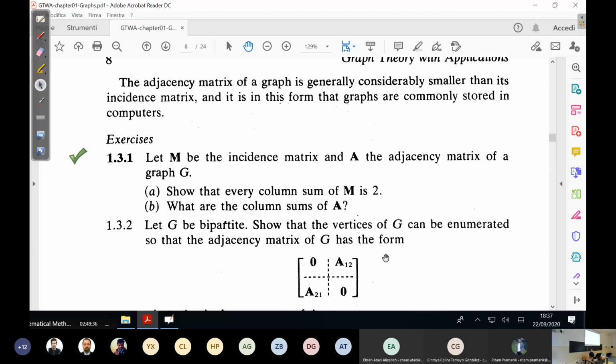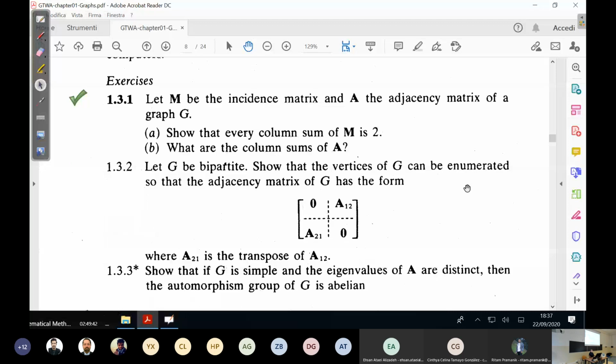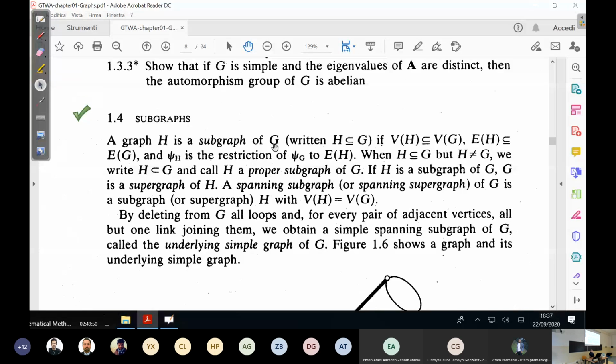What are the column sums of A? This you should discover. It's not difficult. Forget about all these. I'll stop at 45. Let me just give some more